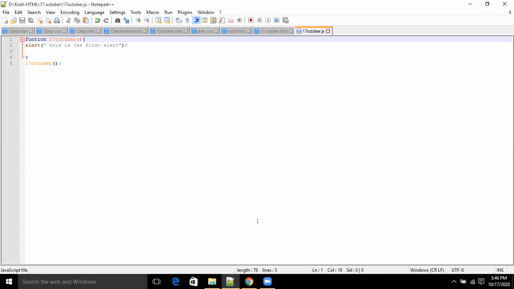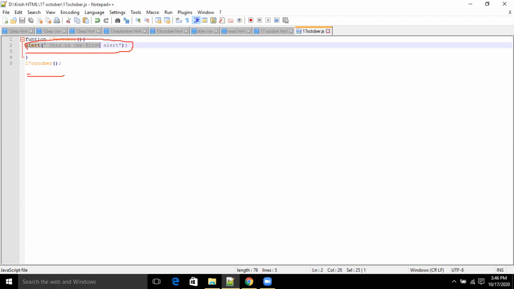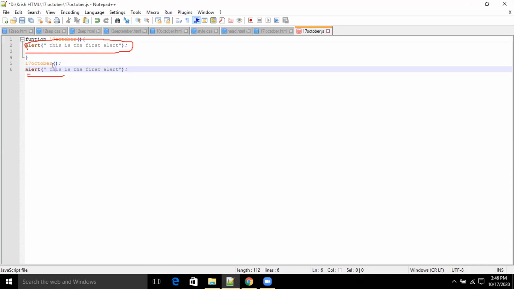And just cross check, do one thing. Can you just copy this alert and put it below that? Just copy this, put it below it, and say this is the second alert.